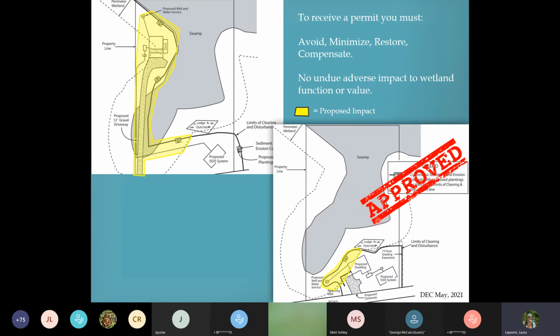When we look at permitting a project, we need to find that there's no undue adverse impact to wetland function or value. So we look at what the functions of the wetland are and how that compares with your project and whether that project impact is necessary.